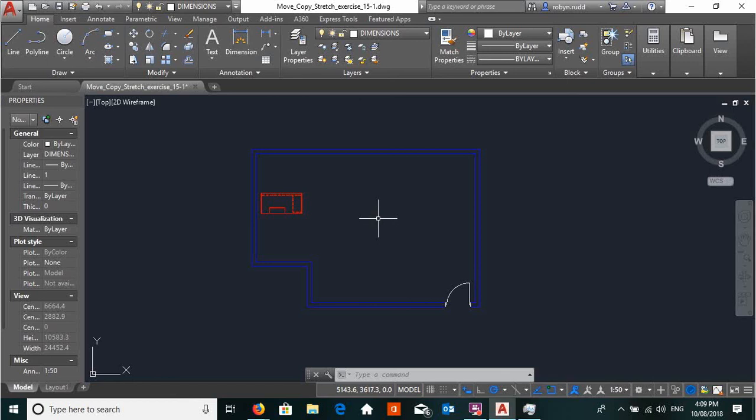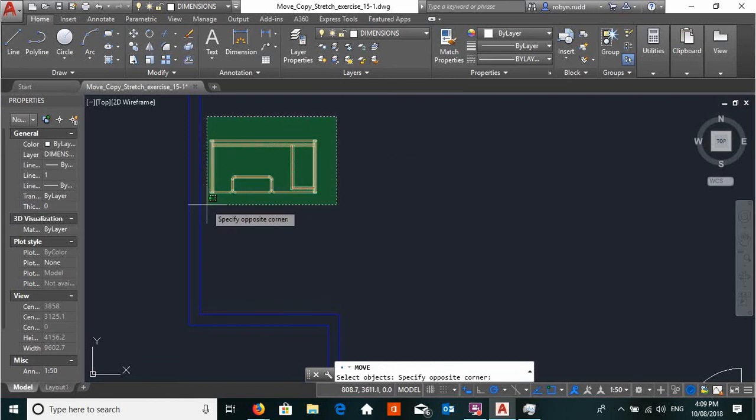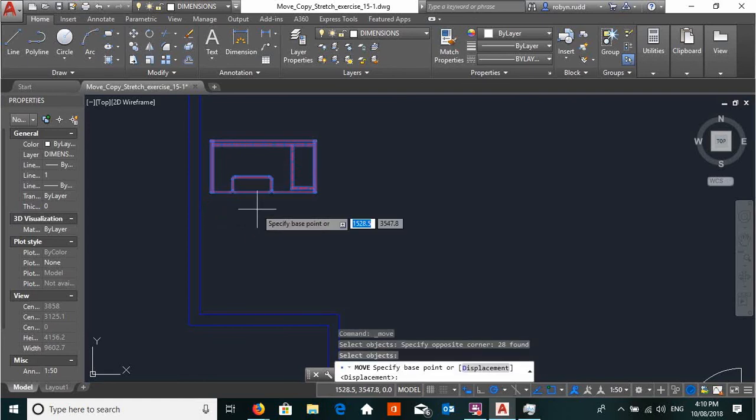more, and that is moving it 5,900 in a direction of 330 degree angle. All right, so again, it's quite close to the edge, so I'm going to use my move button and my crossing selection box, which is green. So all you do is just click, move it down to the bottom left hand corner, click again, press enter,